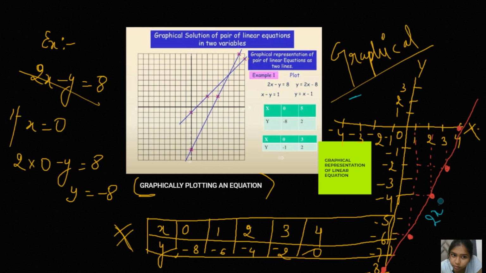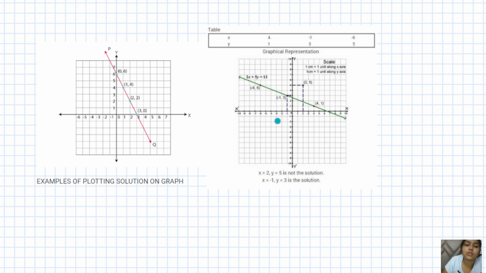I'll just show you. Before moving to the questions, we just have to see some examples. Now just look at this. These are the points and these are the points. Here the equation is not given, so we'll solve this equation. Example: 2x plus 5y equals 13, right? What we have to do now is you can take any points. No need to go by what point is given in the books. You just have to take any point, whatever you want, right?